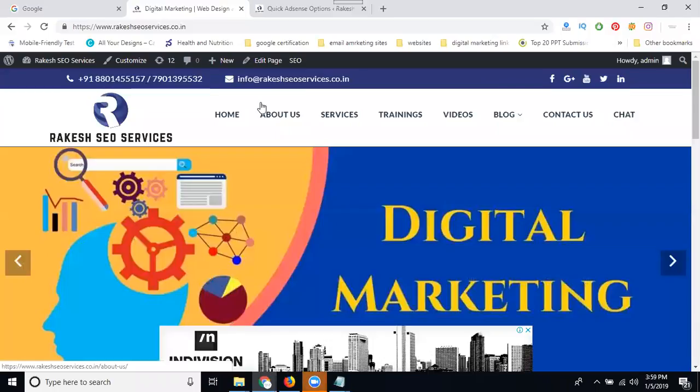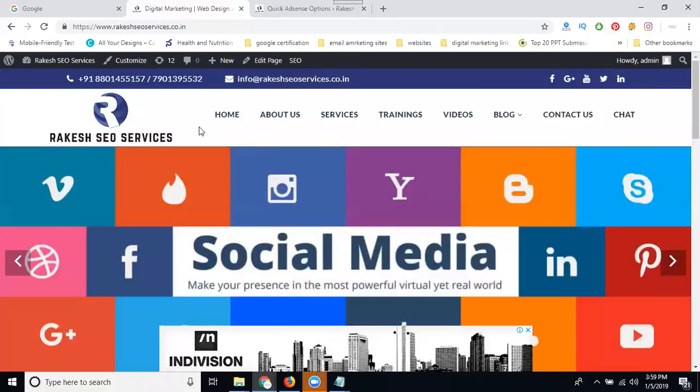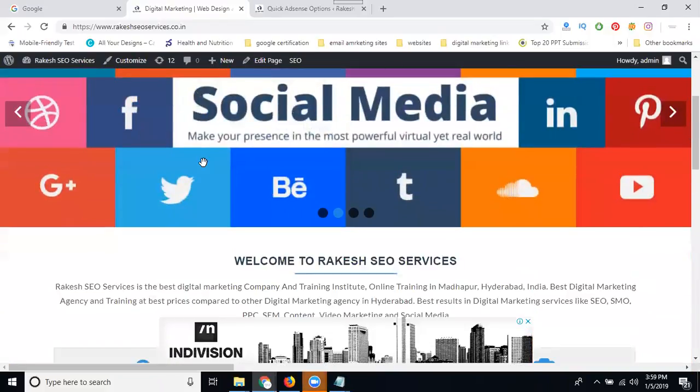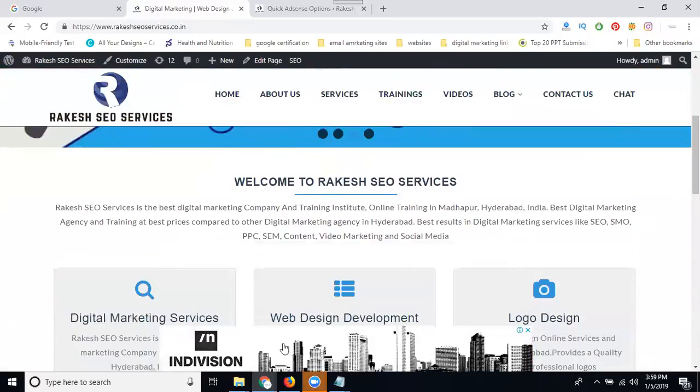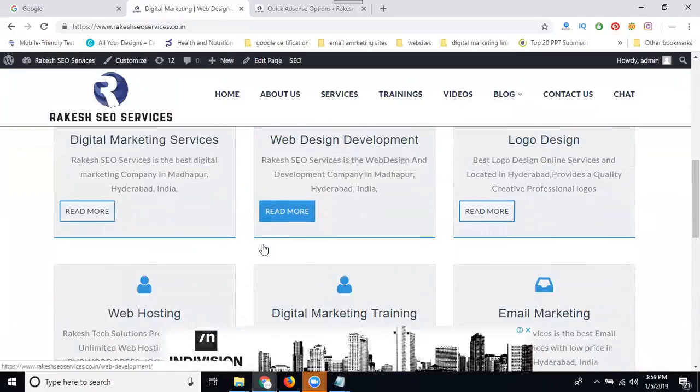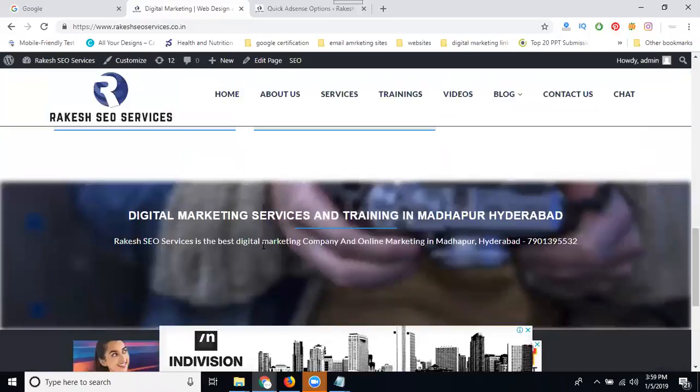See here, this is my WordPress site. People ask one question: how to insert sticky ads. It means that when you scroll your site, the ad will always stay static. They can't change your ad. Just you can see here. If you scroll your site, the ad will always stick in your footer option.